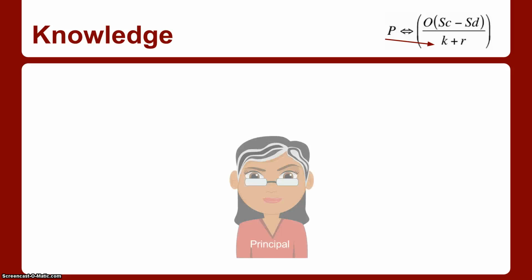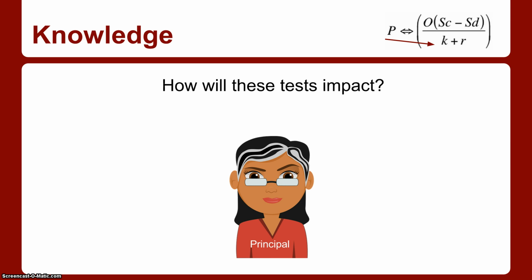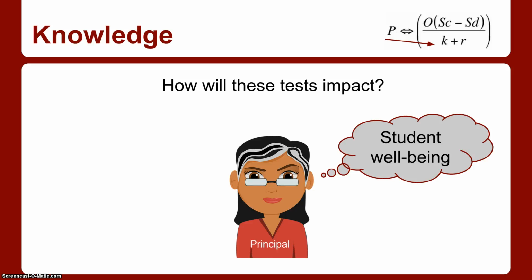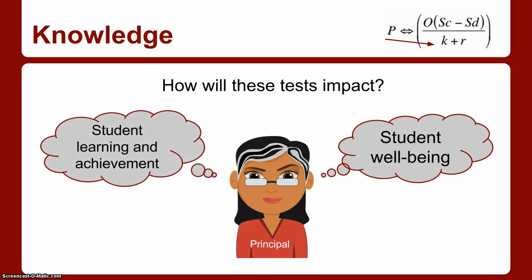Okay, so let's look at the knowledge. In finding a solution to our problem from the administrator perspective, we must also consider what we know about the current and desired situation. Administrators should consider the impact of standardized testing on their learning community. They should also consider the impact of the test on student well-being. Do standardized tests have a negative impact on student learning, achievement, and the overall curriculum? These are two really important things for educators to consider, and they can rely upon the knowledge that's around them to cover these two things.